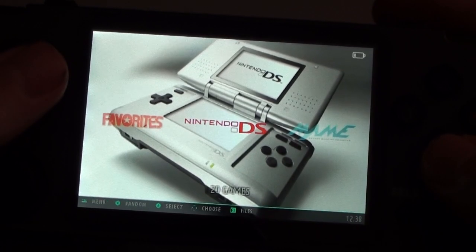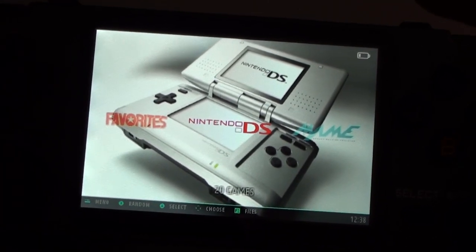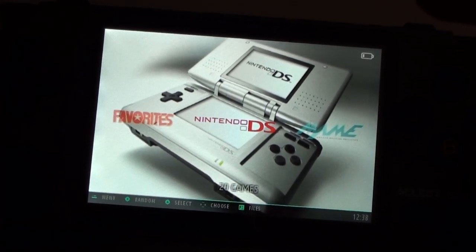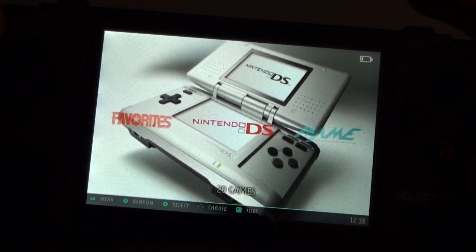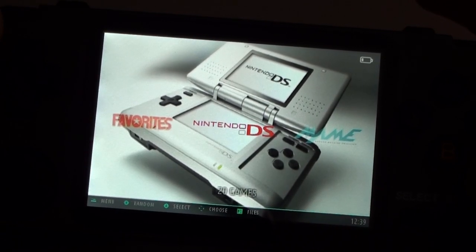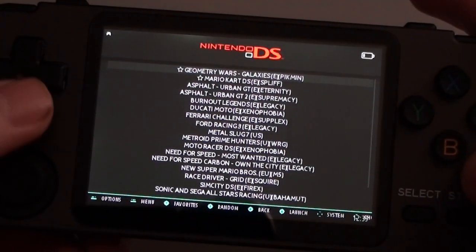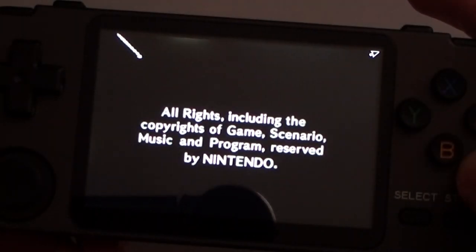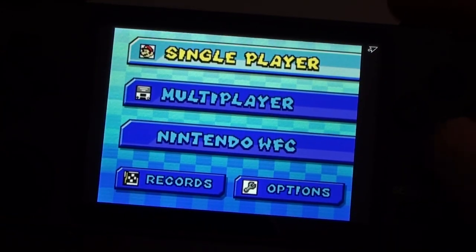DS. Now, this does not come pre-installed. You have to install it yourself, and to do that, you need to install a Wi-Fi dongle and connect it to your Wi-Fi, which you can do through settings when you work out where they are. It's not overly complex, but I did do it wrong the first time. But anyway, you have to install it, and then you have to configure it, because straight out of the box it displays both screens at the same time, which means it's tiny,